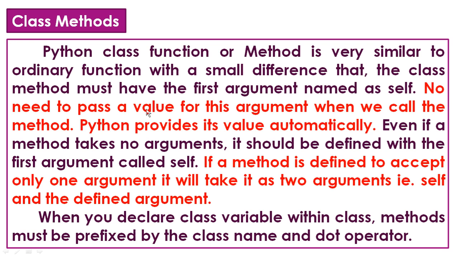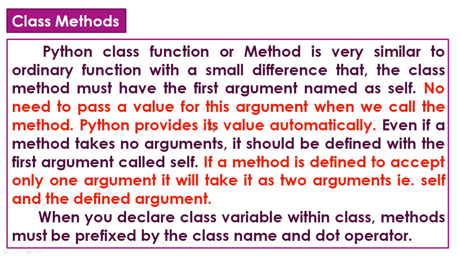For example, add(self) contains no variables. That means it contains no variables. If add(self, a), that means it contains only one variable a, with the first argument must be self.